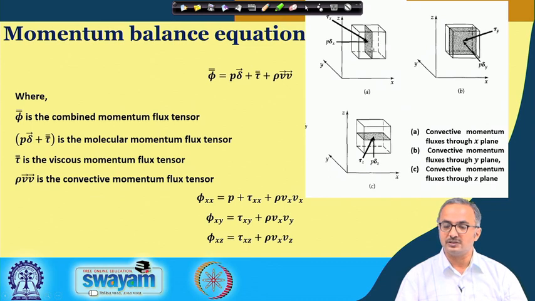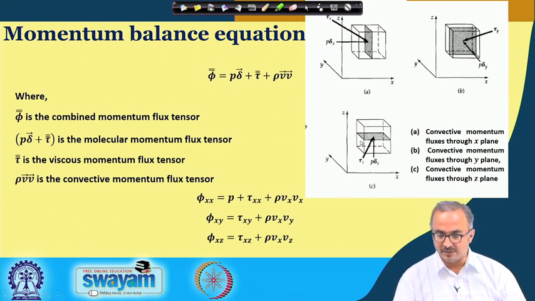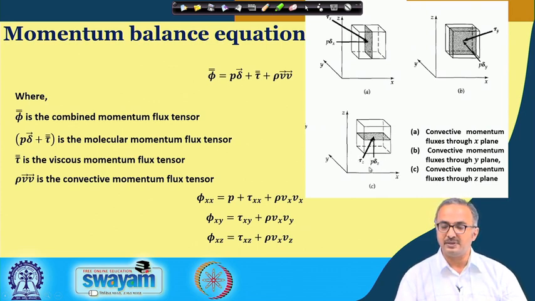You see that we have drawn this particular cross sectional area, that is a cut section, to show the yz plane. Here we have shown the xz plane, and here we have shown the xy plane, and in each of them you can see that in this case the p delta x, as I was telling you, is acting normally to this, and here on this particular plane you can see p delta y is acting normally to this, and on this particular plane you can see this p delta z is acting normally to the plane. So, that is why you will find that this p term will be appearing only once out of these three tensors. Okay. And also you see that this tau is showing all the shear, and they will come parallel to the surface.